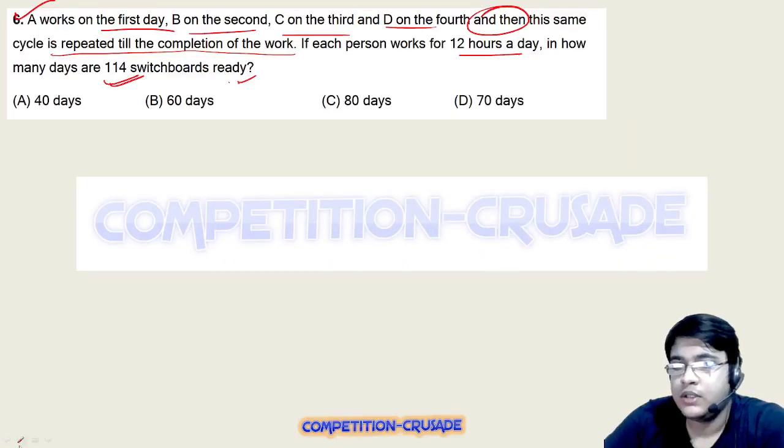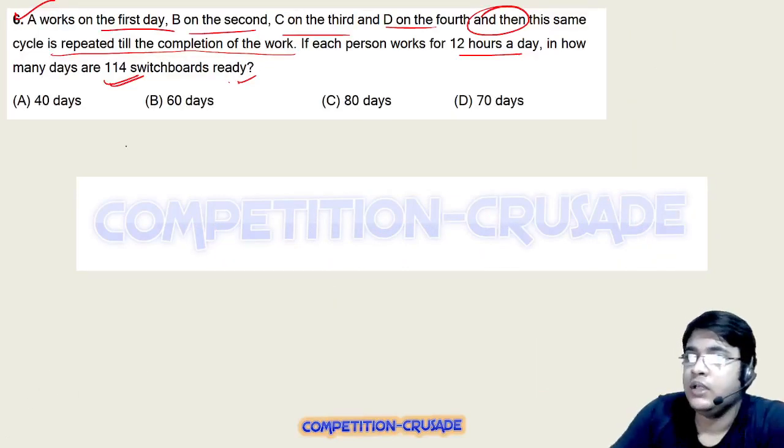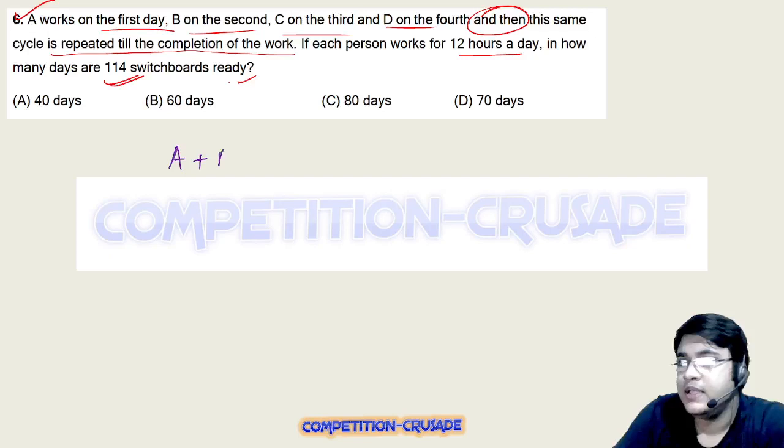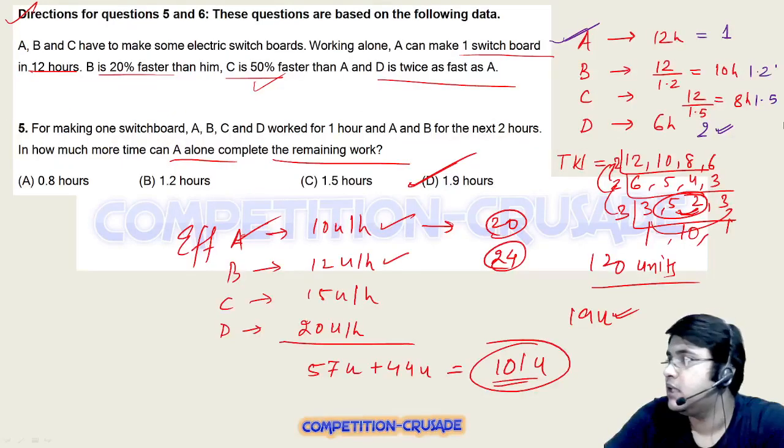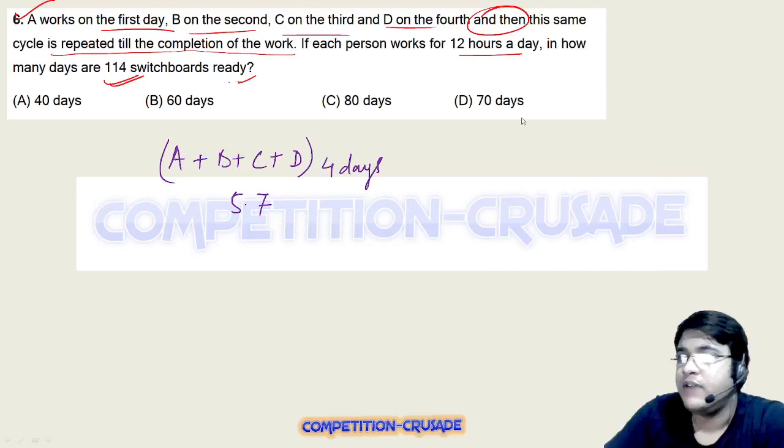Let's go to the next one. So आप देख रहे हो कि A प्लस बी प्लस सी प्लस डी together in 4 days 5.7 ही था ना, देख लेते हैं एक बारी। हाँ, 2, 3, 4, 5, 5.7